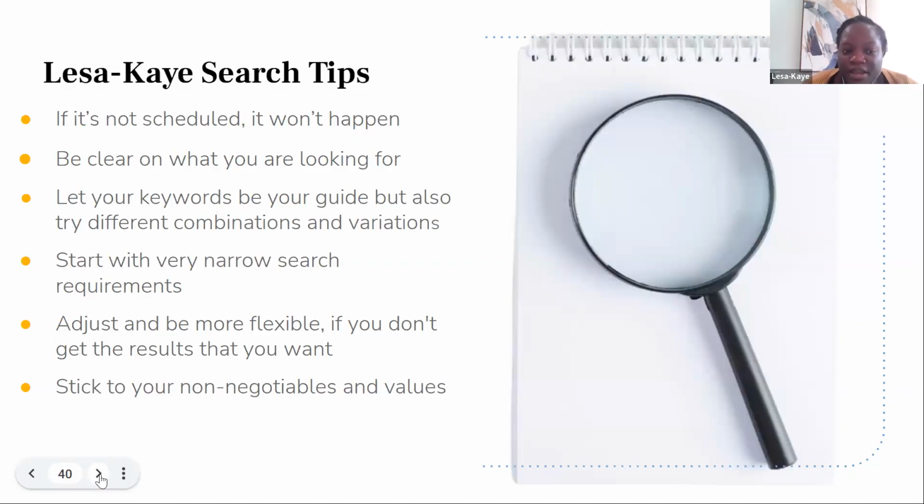So these are my final kind of search tips for you. If it's not scheduled, it will not happen. Be clear on what you're looking for. So identify the needs and priorities of your nonprofit and your community. Let your keywords be your guide, but use different combinations and variations. Start with very narrow search requirements and then expand, get flexible if you don't get the results that you're looking for. And most importantly, stick to your non-negotiables and